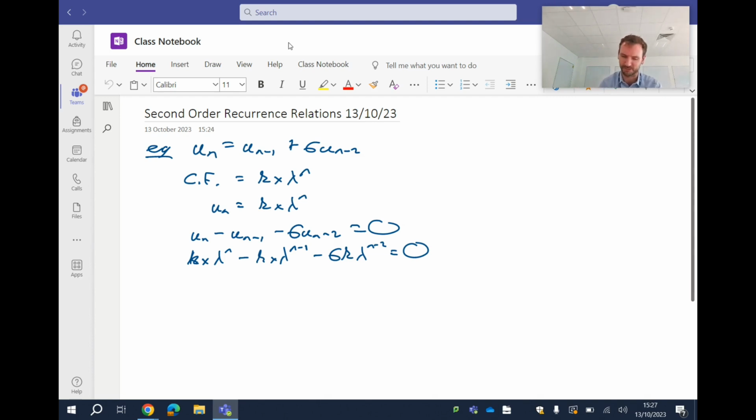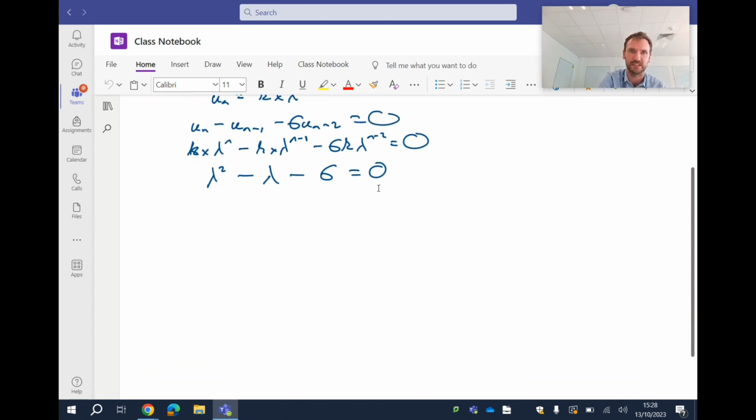So we don't really want those to equal 0, so we're free to divide by k, and we're also free to divide by lambda or even lambda to the n minus 2. If we divide by k and lambda to the n minus 2, it's going to become lambda squared, subtract lambda, subtract 6 equals 0. This has suddenly got a lot more friendly, a lot easier to deal with. If we factorize this, lambda subtract 3, lambda plus 2 equals 0, we're getting lambda equals 3, or lambda equals negative 2, and our complementary function here is just going to be